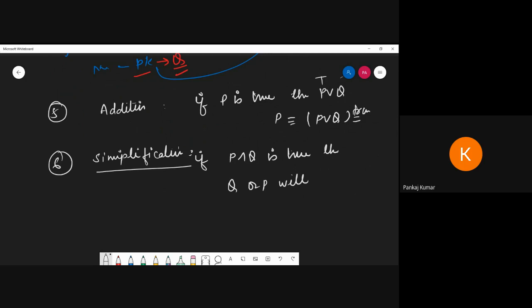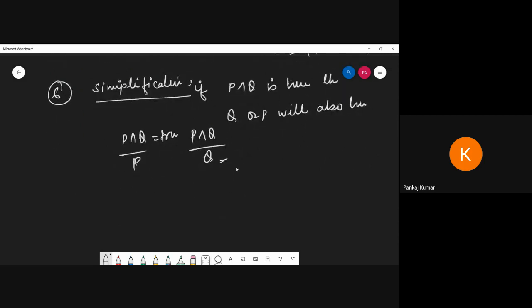P will also be true. So that is very simple. अगर आपको ये पता है कि ये हमेशा true result देगा, तो इसके लिए आपके पास P को true होना पड़ेगा और Q को ट्रू होना पड़ेगा। तो ये तो सिंपल से आपको पता है कि दोनों को इंटरसेक्शन में ट्रू होने के लिए इसको भी ट्रू होना पड़ेगा, उसको भी ट्रू होना पड़ेगा।